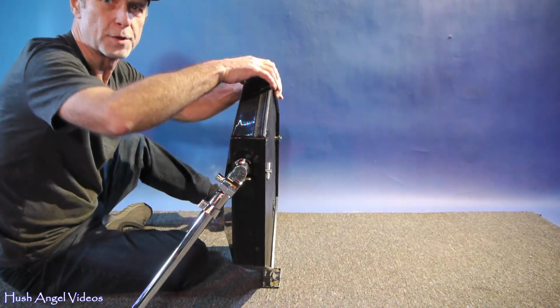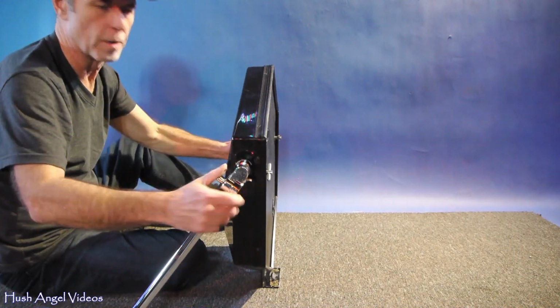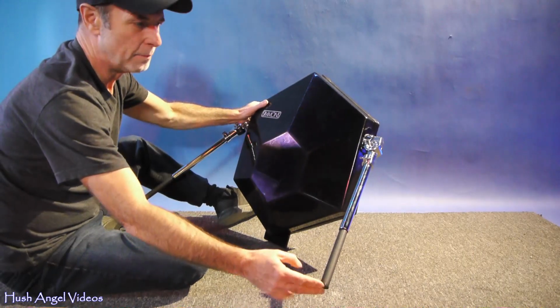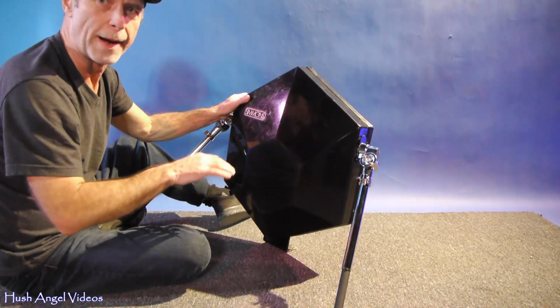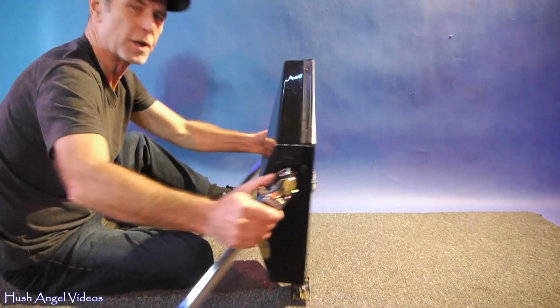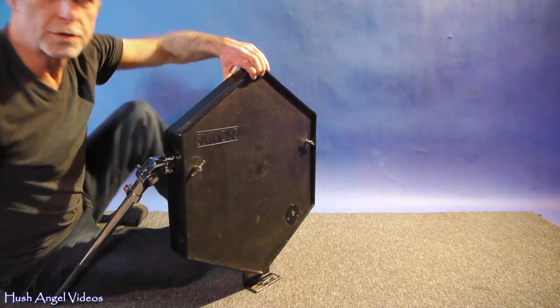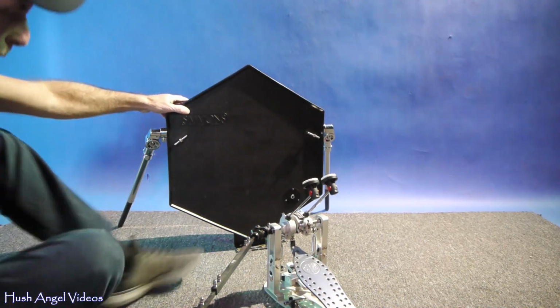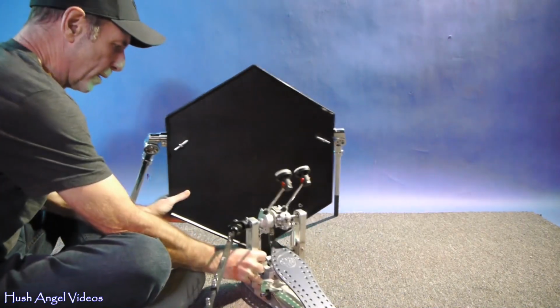So see, the bass drum is standing still with the pedal. I didn't need the spikes on the ends because the pedal I use has the spikes on it, so it stays on. It doesn't move, nothing moves. So here it is with the pedal. If I have the pedal hooked up to it,